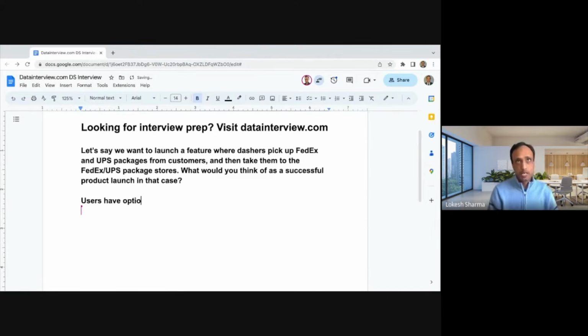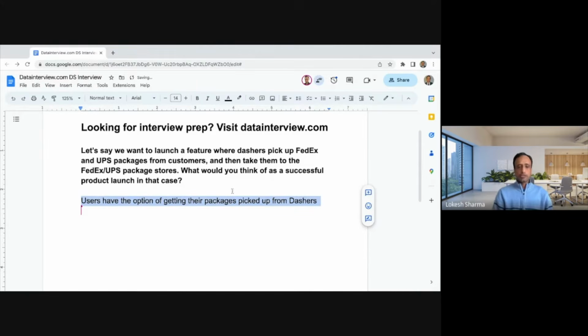Cool. Now, to measure a successful product launch, I think I'll look at some of the metrics that can be helpful to define how the product launch is going, right? So in this case, the high-level goal will be for users to use the app to find Dashers who can actually pick up their package and deliver to UPS or FedEx store.